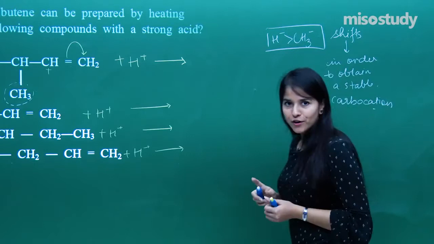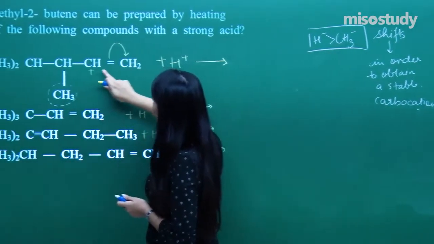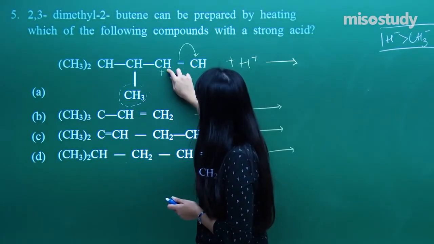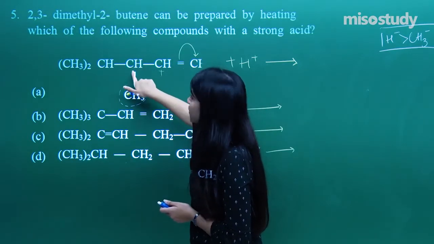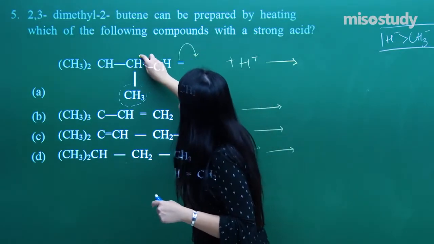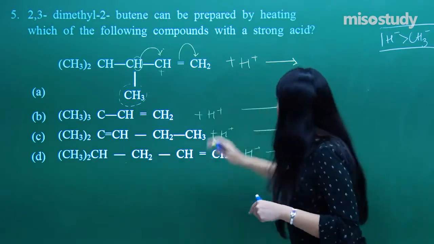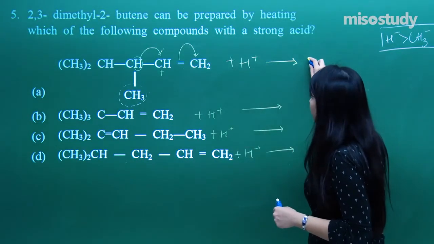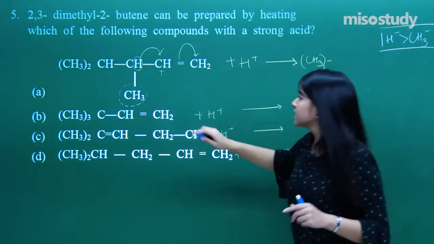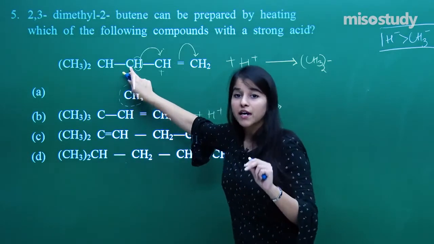So I hope you all are following. So what do I need? If I shift this carbon here, that means I am doing the methyl shift. If this methyl shifts onto here, the positive will shift onto this very carbon, which will be secondary. But if I shift this hydride here, what will happen? I get a tertiary carbocation. So what will be the answer here in this case? I am shifting the hydride in order to get a positive tertiary carbocation.